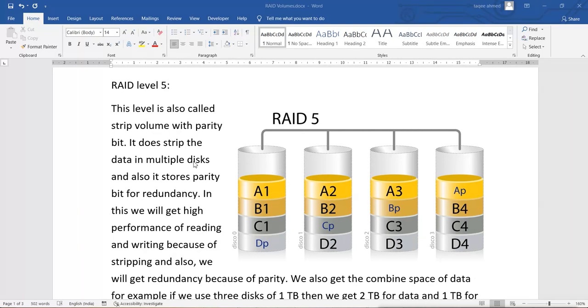RAID level 5 is actually a stripe volume with the parity bit. So stripe volume gives you the performance and parity bit gives you the redundancy. It supports minimum 3 disks. So in 3 disks, if you lose one disk, still you will get the data. Your data will not be lost. Your data will still remain.